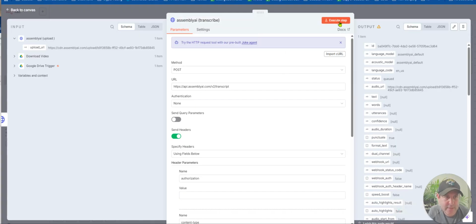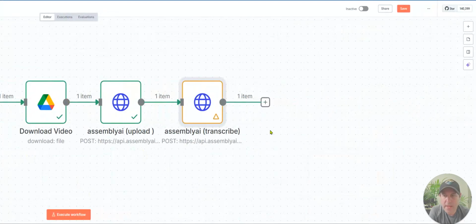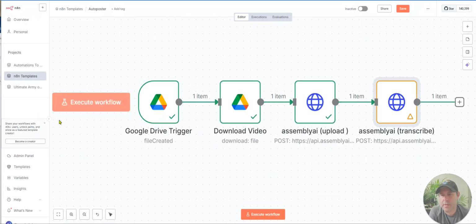Do the same thing, press execute, and it will pull in all of the data into the output. Now it's very important. This is where you wanna stop, and I wanna show you a trick. API calls sometimes cost you money, sometimes don't, but also it takes a lot of time. So every time you're testing something or fixing something, if every single time you have to execute the workflow to test something, it's going to cost you a lot of time, especially when you're uploading videos. Each one takes a couple